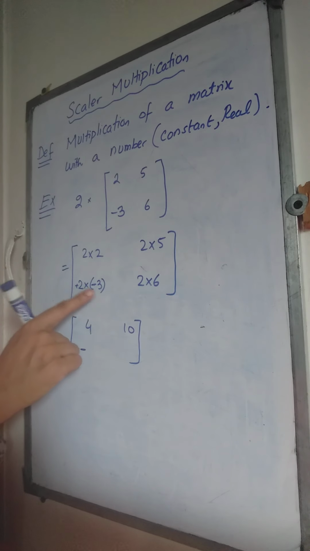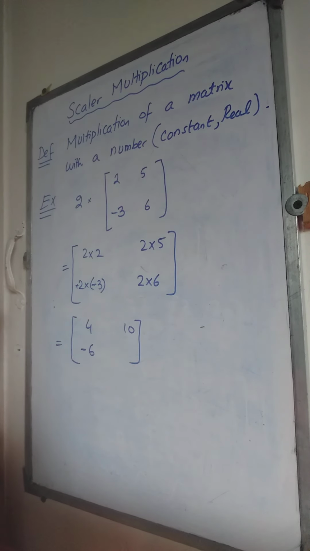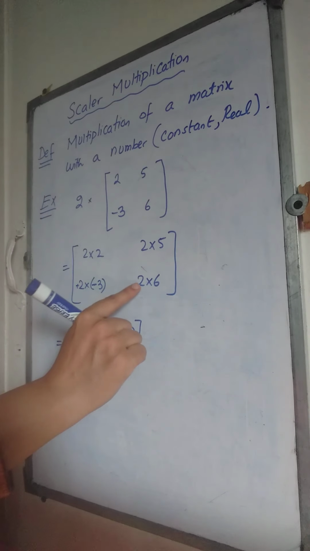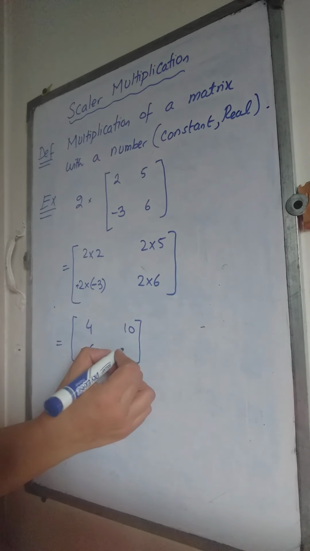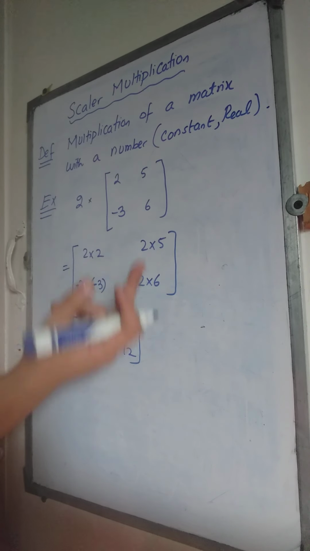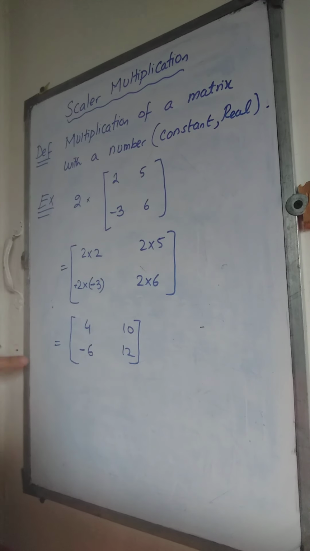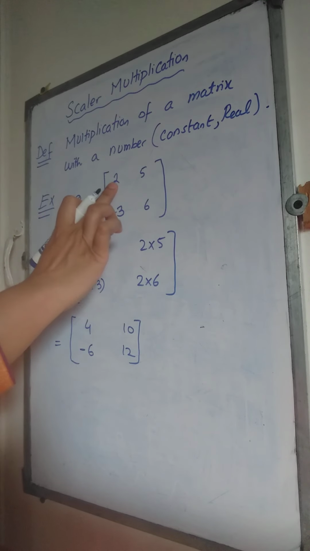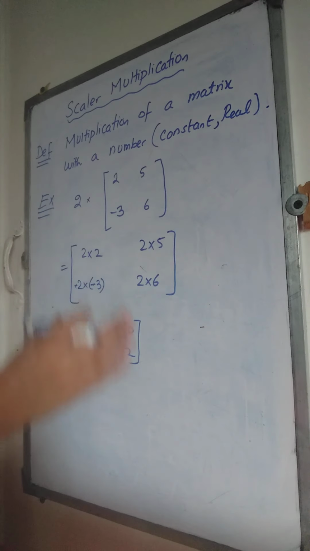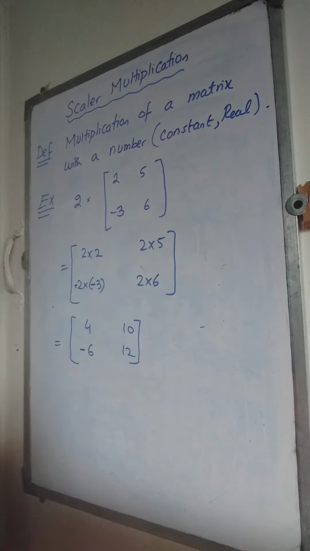Okay, two numbers having different sign will always give you a negative product. Okay, 2 into 3, 6, and the answer will be negative because one number is positive and the other is negative, having different signs. 2 into 6, here both the numbers have same sign, so we are going to get a positive number. 2 6 are 12. Here also 2 and 5, they had the same sign, positive, so the answer was a positive number. So this is how we multiply a scalar with a matrix. We just multiply the number with each and every element inside the matrix, and this is called the scalar multiplication of the number 2 with this matrix. Okay.